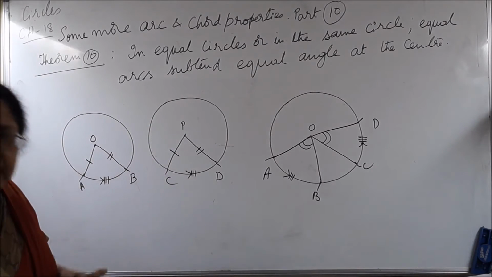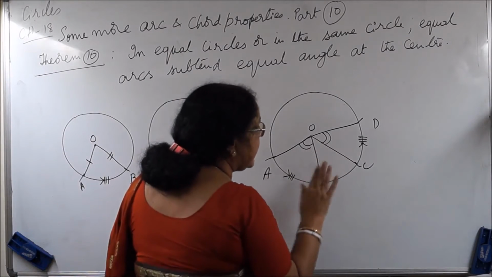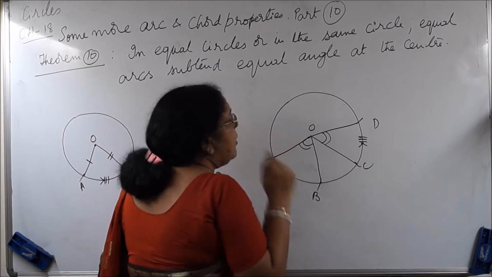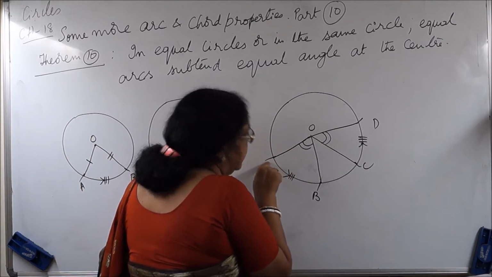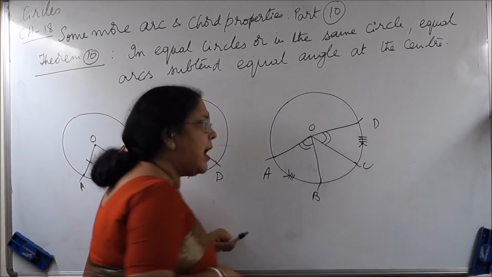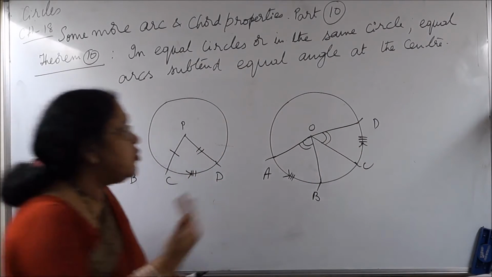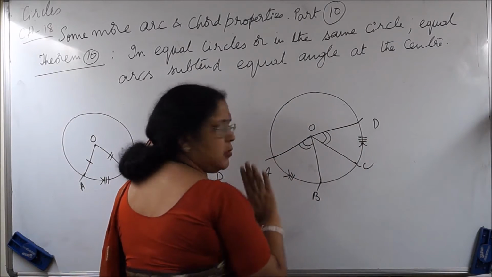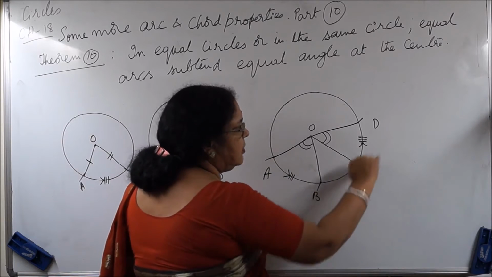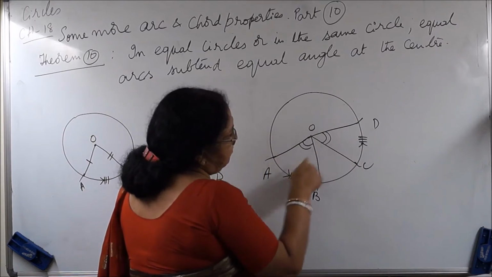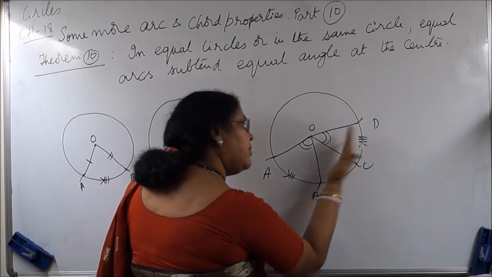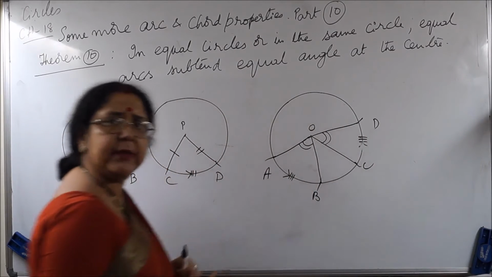Same case when it is in the same circle. We know that arc AB is equal to arc CD. We also know that OA, OD, OB, OC are all the radii of the same circle. So if you place it on this, overlapping, naturally all will coincide because arc AB is equal to arc CD, and the radii OA, OB, OC, OD will all coincide with each other because they are the radii of the same circle.